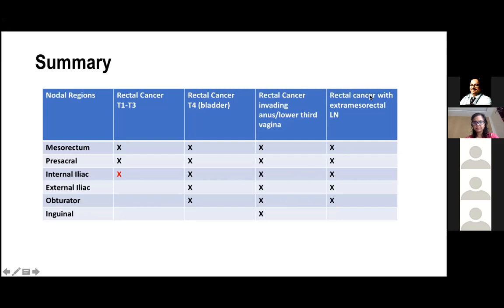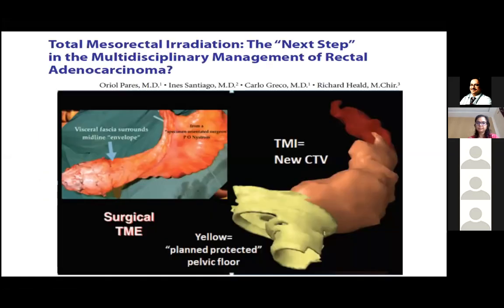For cancers which have nodal burden which is outside the mesorectal fascia, like we referred to the iliac group of lymph nodes also, then in those regions, it is better to cover all these regions except the inguinal, and that particular node either needs to be boosted or needs to be dissected. Now there's a lot of debate going on about how to handle the lateral nodes, but that is a topic for another seminar, I guess.